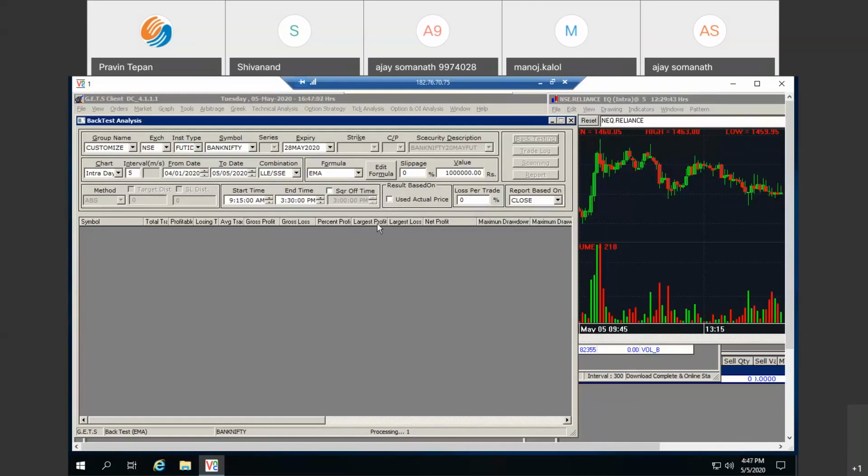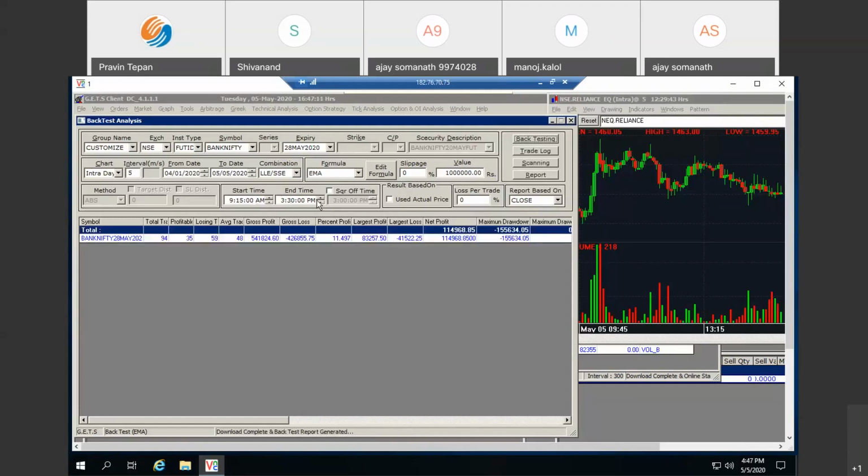So various options are there. Actually, as you can see on the window, start time and end time is there. Suppose you want to backtest from 10 o'clock to 2 o'clock. You just have to put the start time and end time here. Square off time is also there. If you want to square off open positions daily, you can just click on this and write the time. That 3:15 I want daily square off also for backtest. If my position is open, just square up at 3:15. So that can be also done.